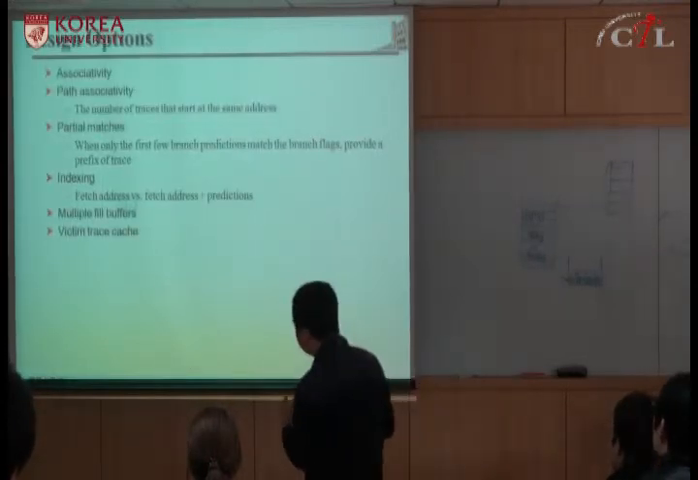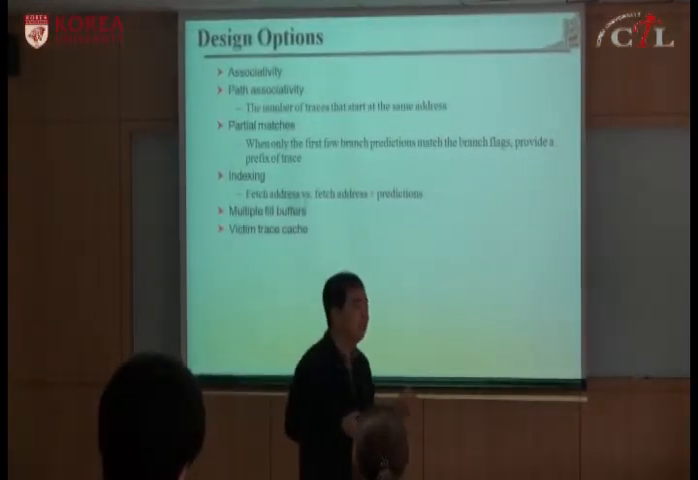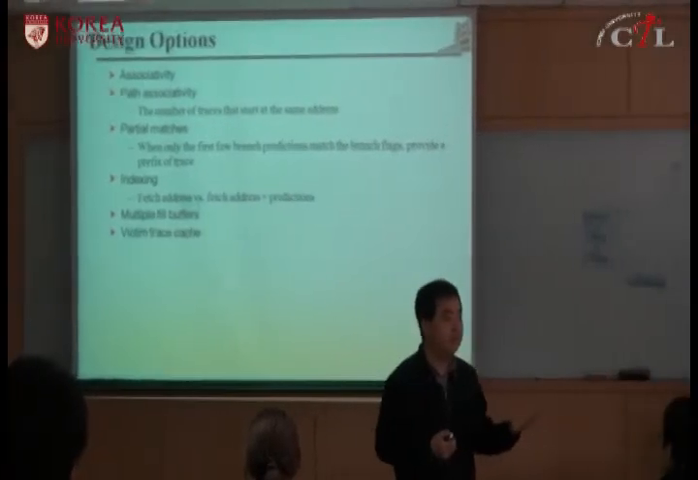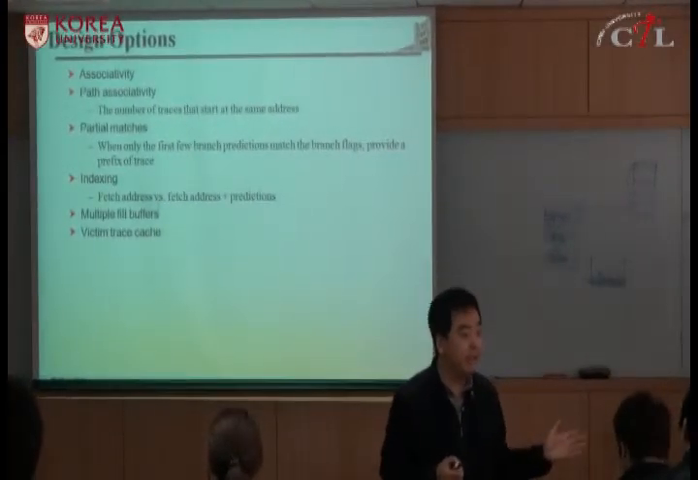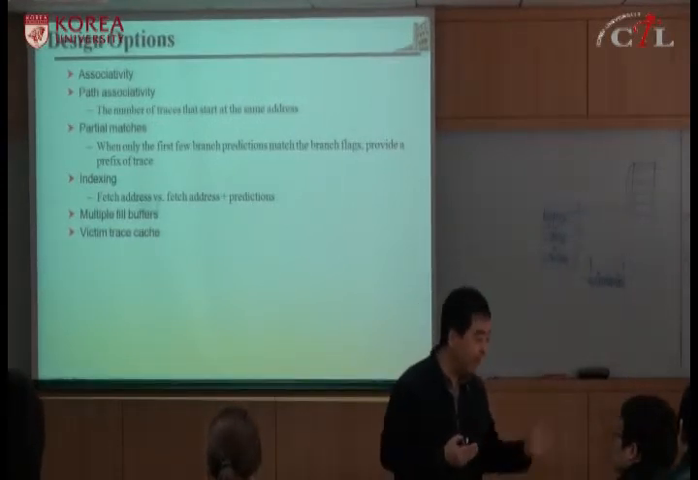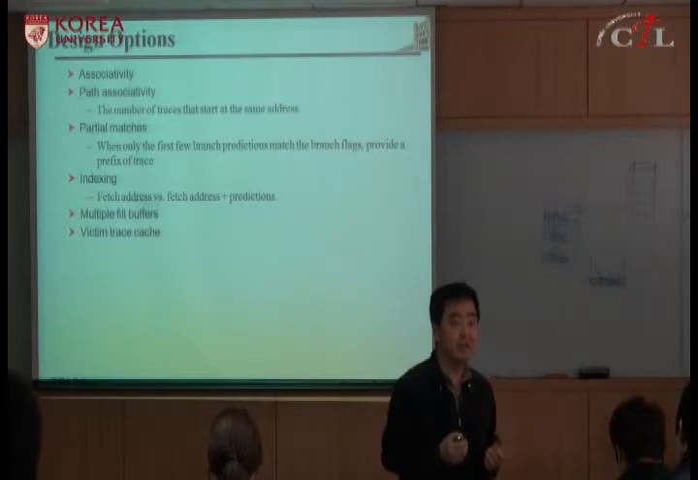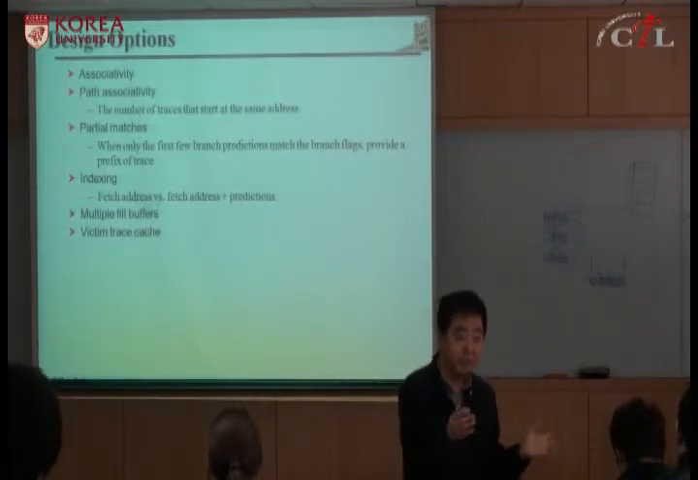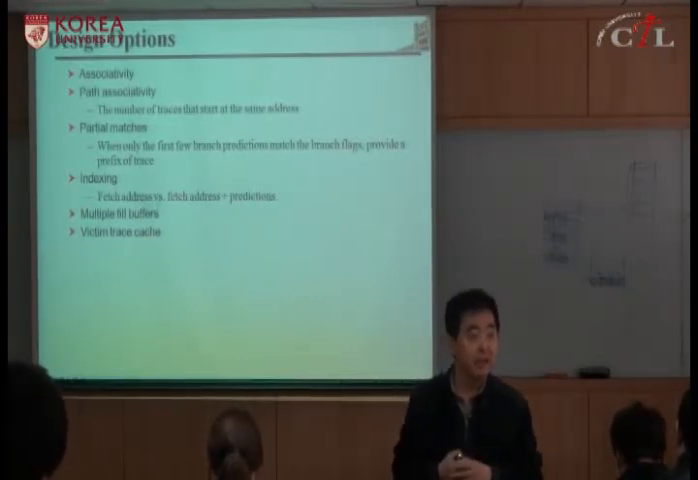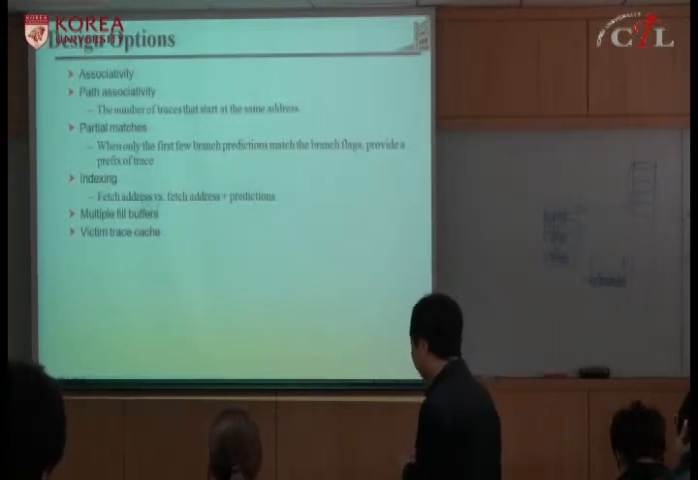The other issue is, what about partial matches? Say the trace is tag A and taken, but your branch prediction result is tag A and not taken. So it's only a partial match. Instead of throwing it away, you had better use the partial trace at least. So there are partial match issues. And as I said, using this index,